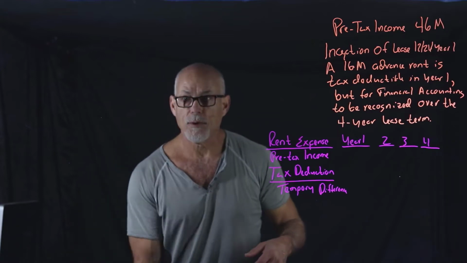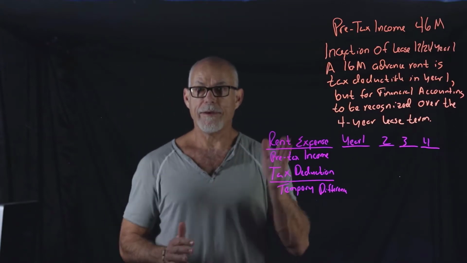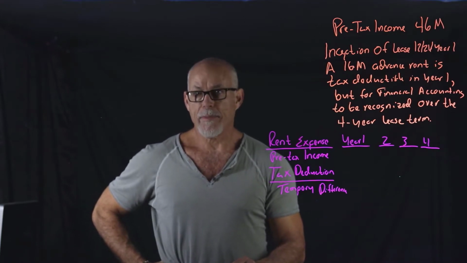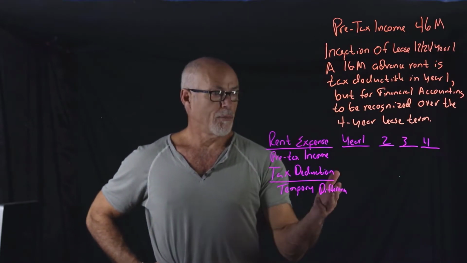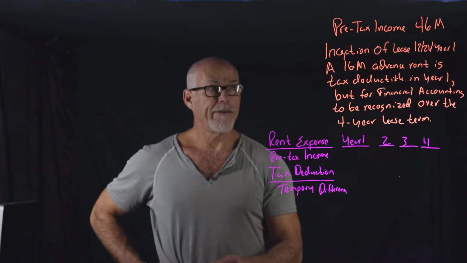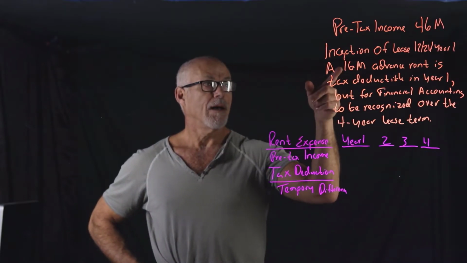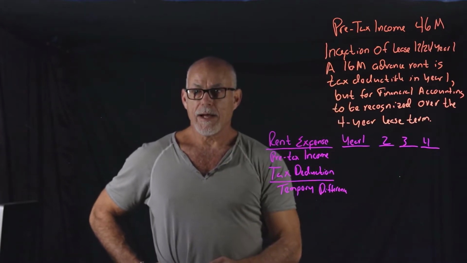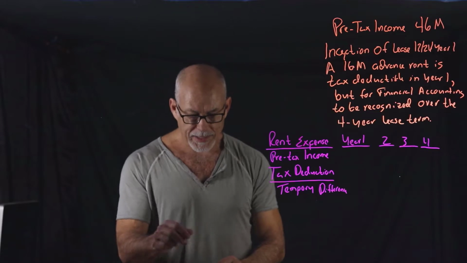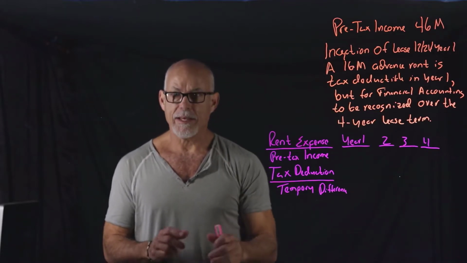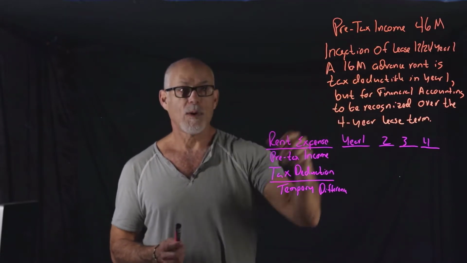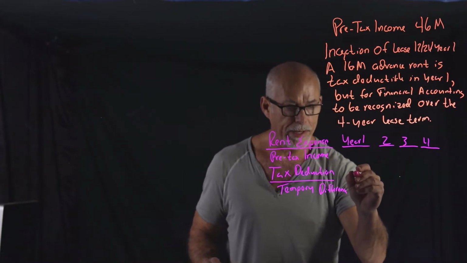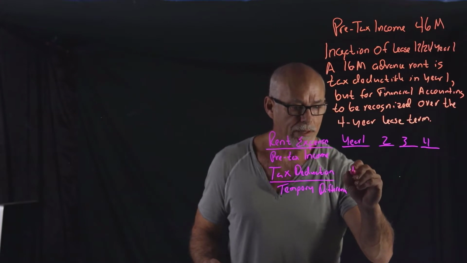Let's take a look at this second one. What we have here is a prepayment for rent, and I'm going to prepay a 4-year lease in advance. The advance was $16 million, and for taxes I'm going to take it in the year that I paid it, which was 12/26 year 1, and that's going to be right here, and it's going to be 16 million,